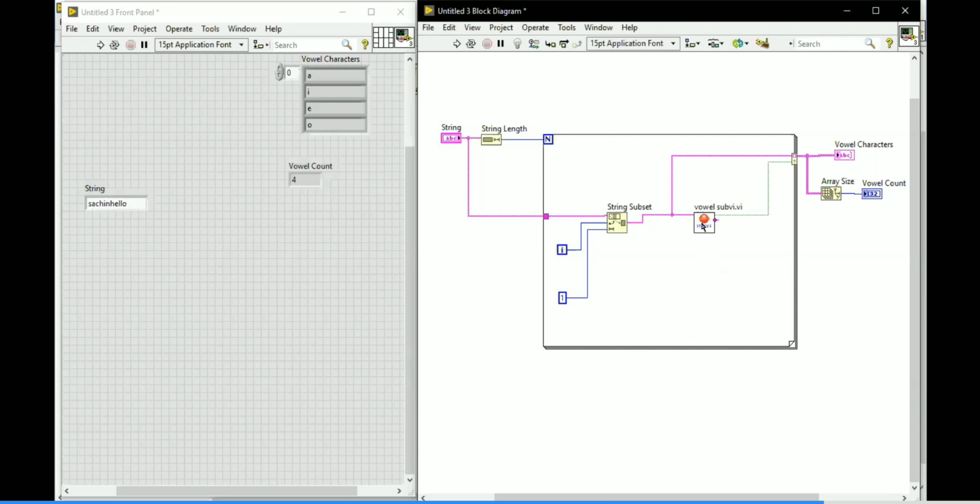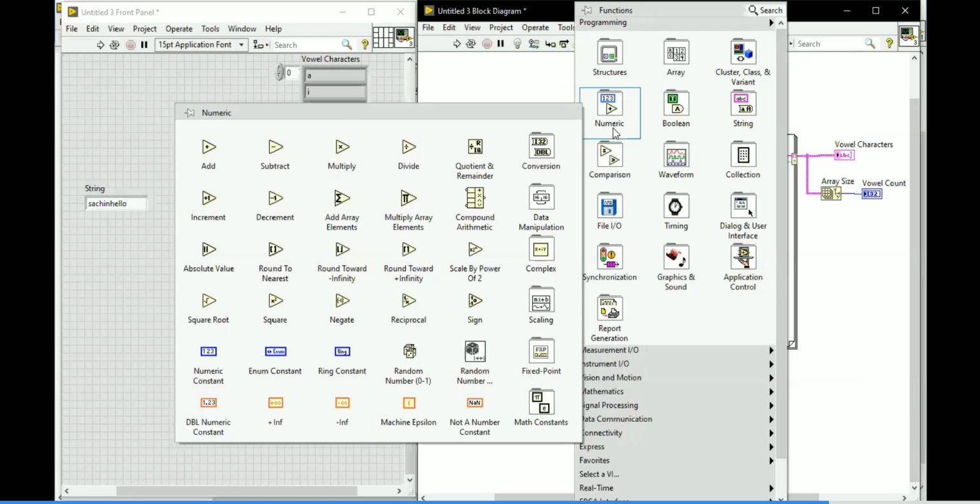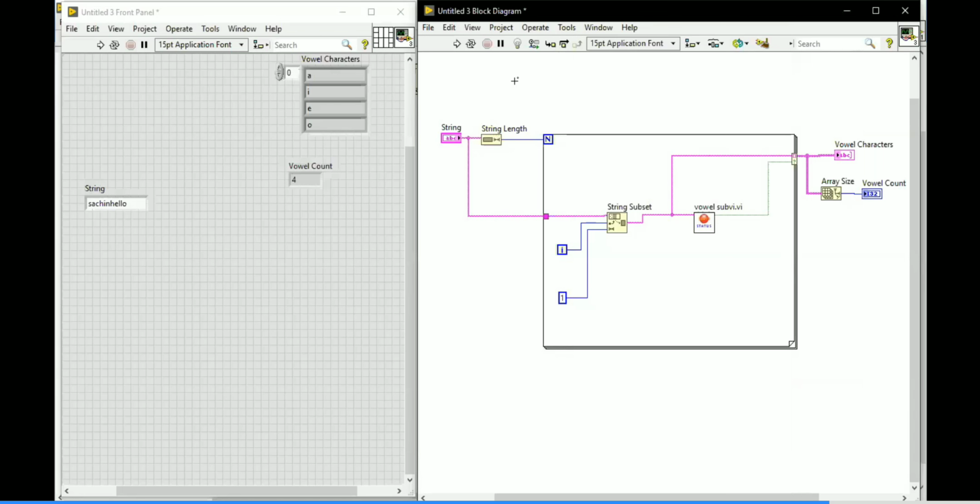So this is your VI. You developed this VI, and you have to save it definitely. If you want to use it in your main VI, you have to save it; if you don't, you can't use it later. So save the VI. Like this string subset, you can export this sub VI to the function palette also, if necessary. Just as in the function palette you get structures, while loop, for loop, and addition, you can do that in LabVIEW too. So do this problem, and tell me when completed.